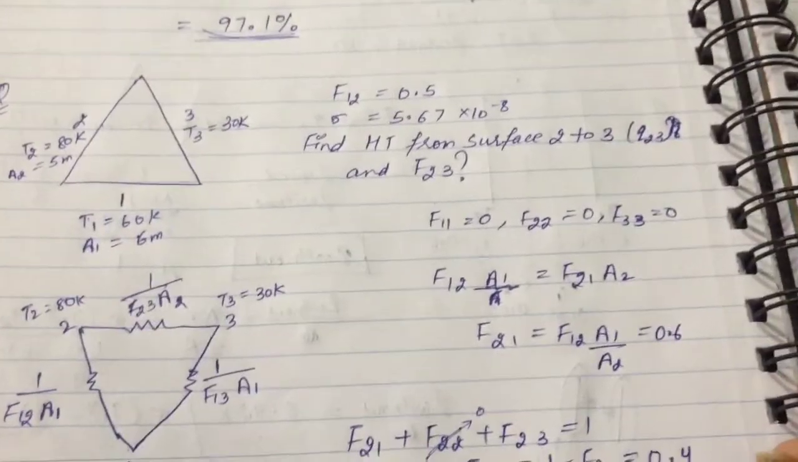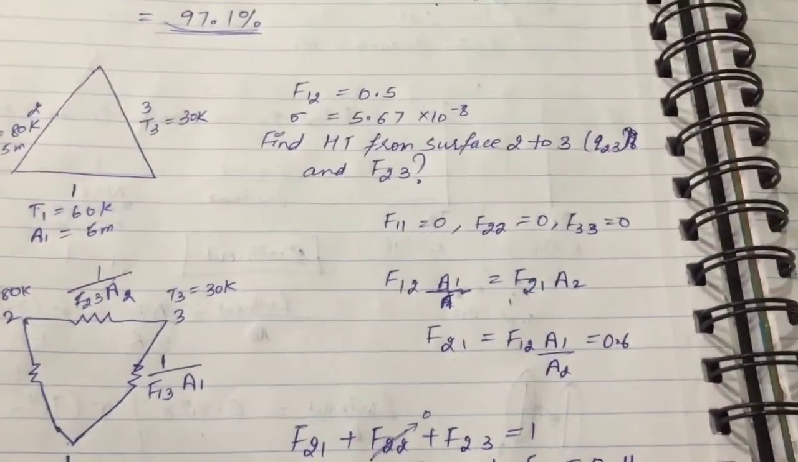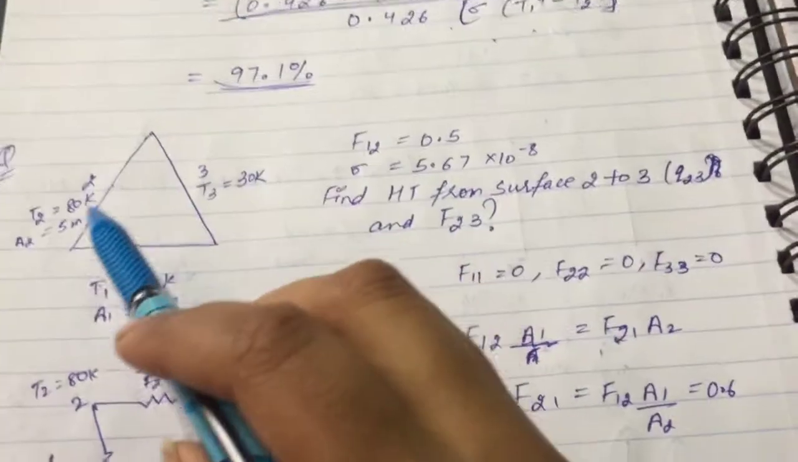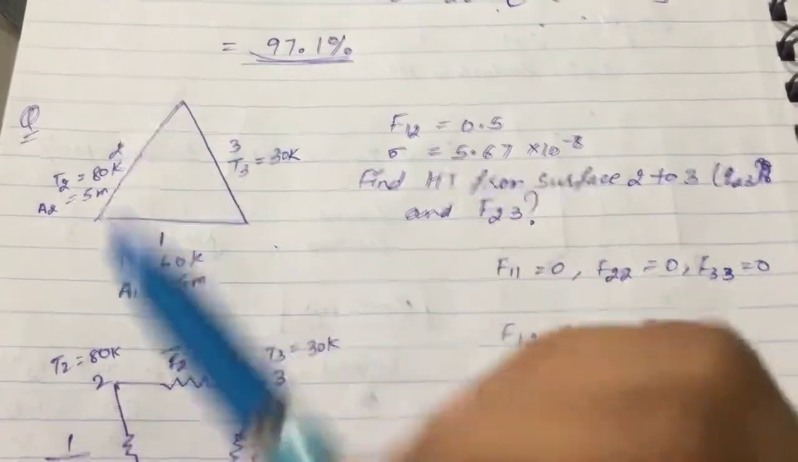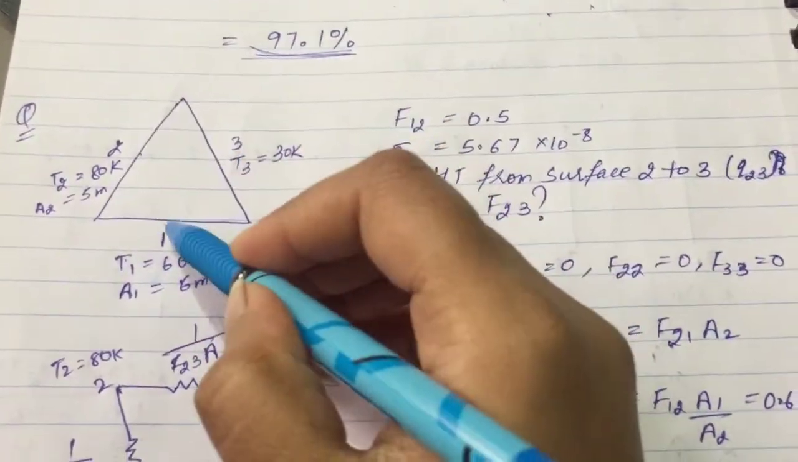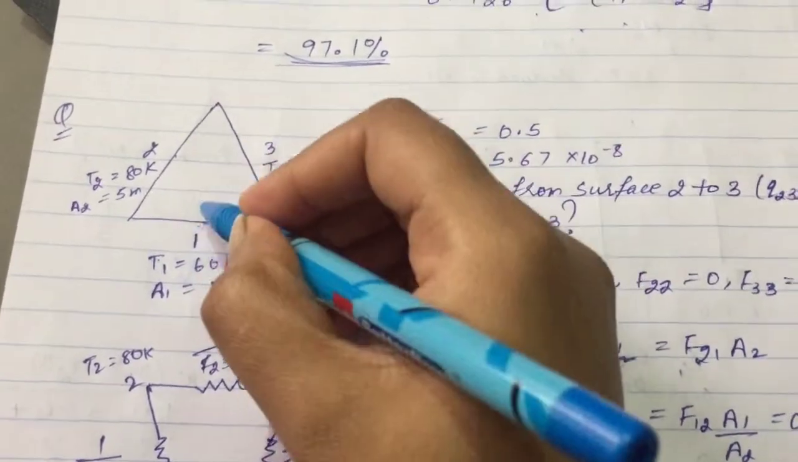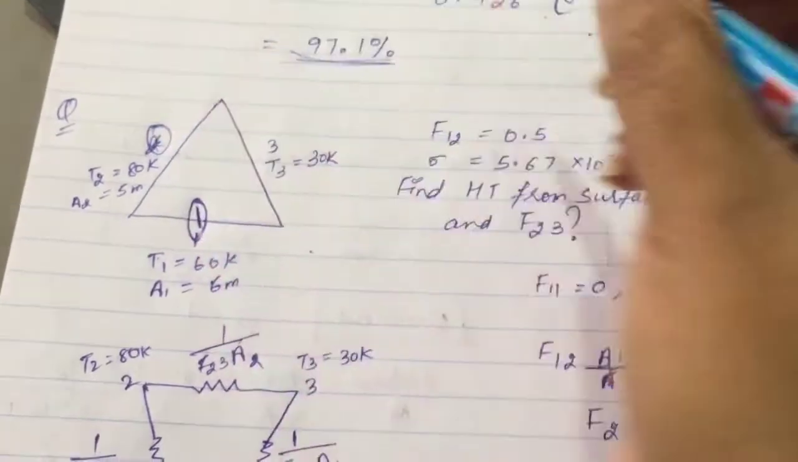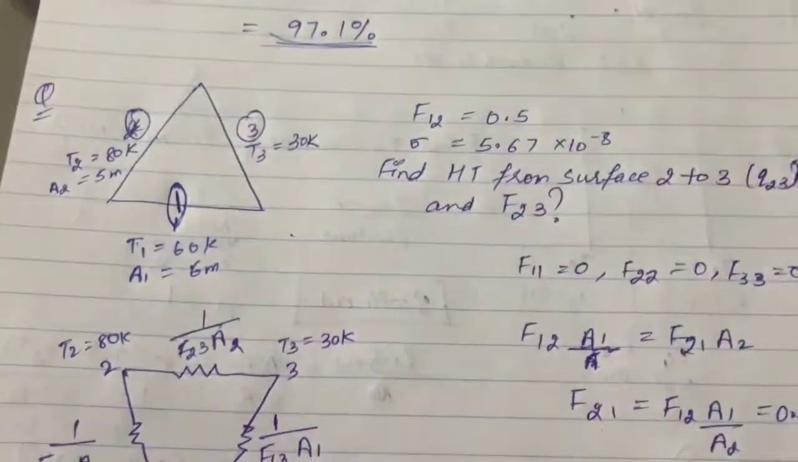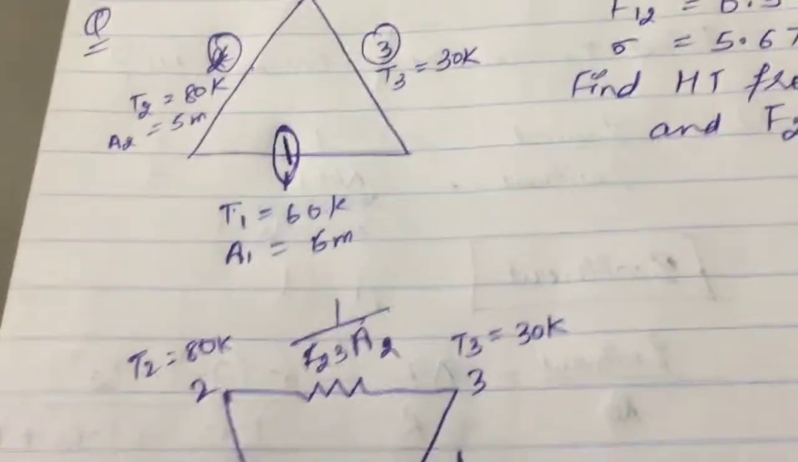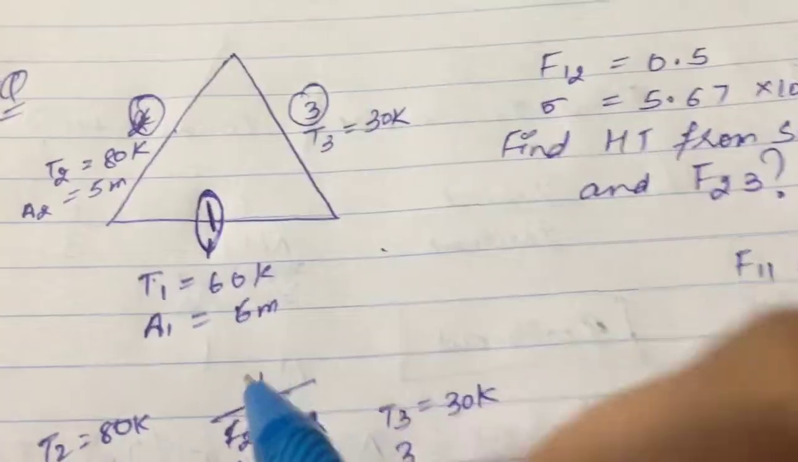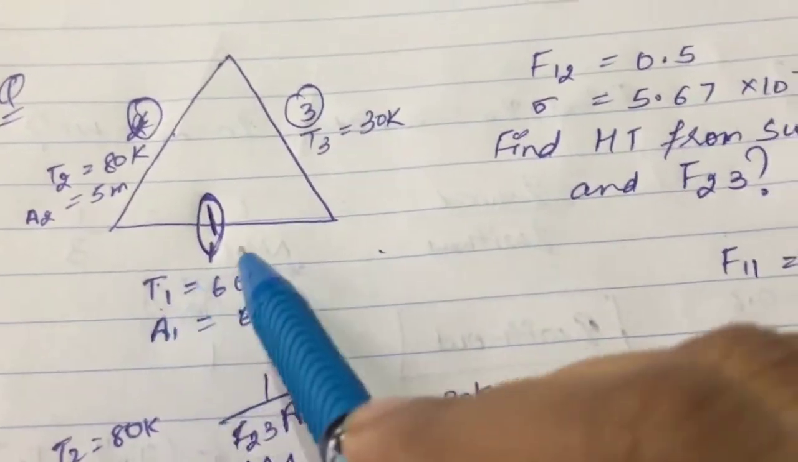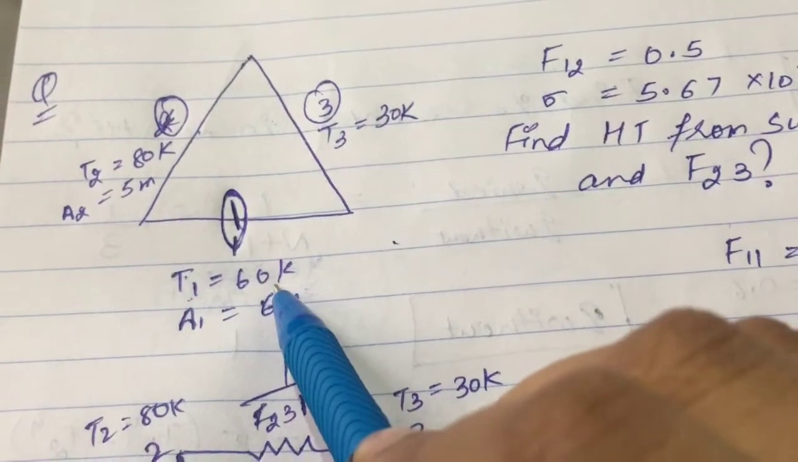Then our next question, which is our last question for radiation, is we are given three surfaces. This is the first surface, this is our second surface, and this is our third surface. And I will zoom in for you guys. Temperature 1 for surface 1 is given as 60 Kelvin,